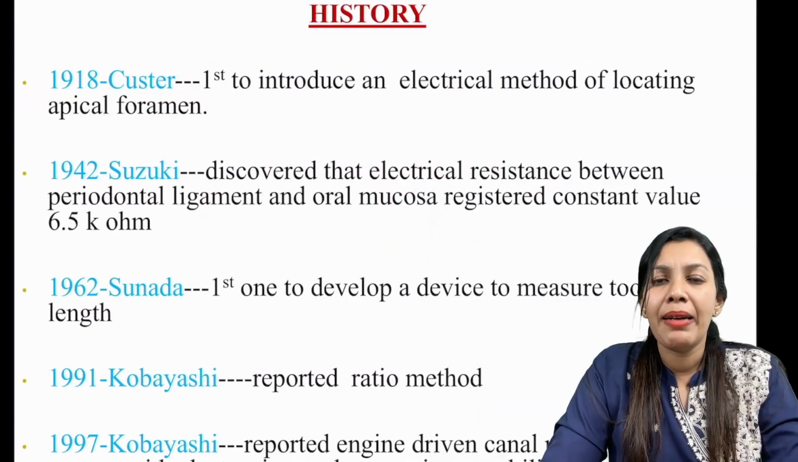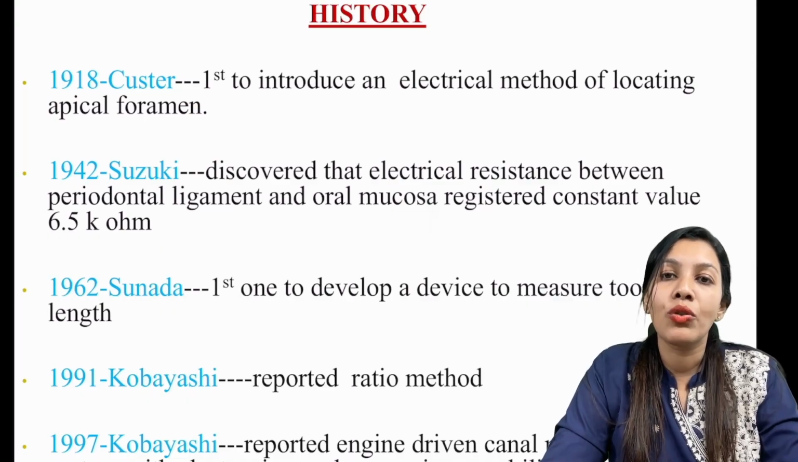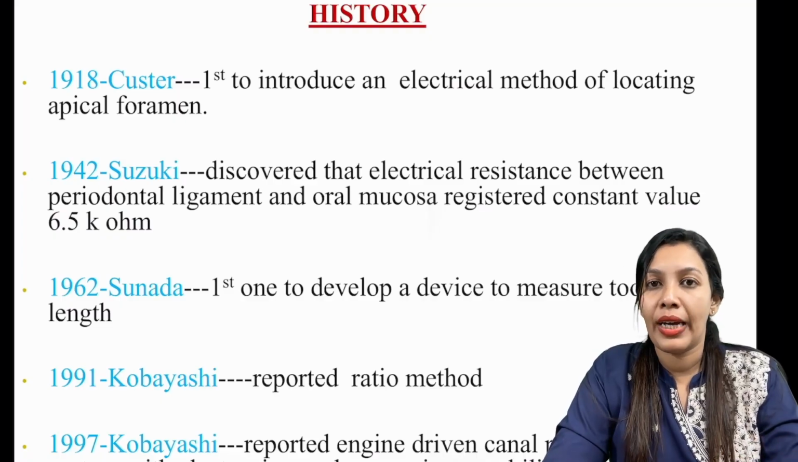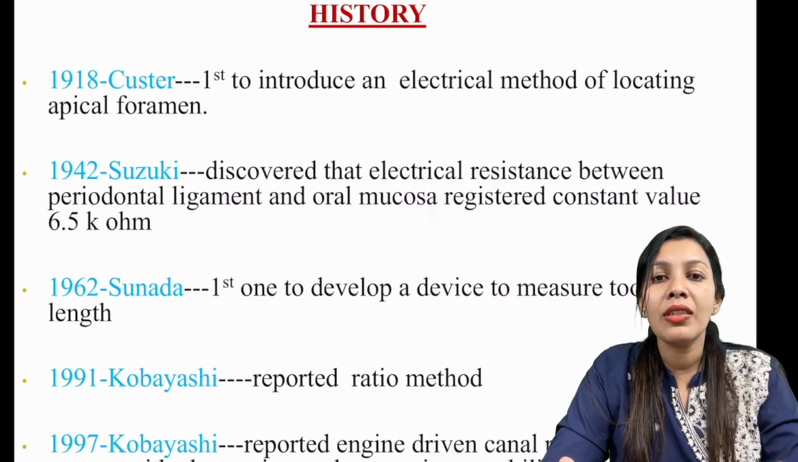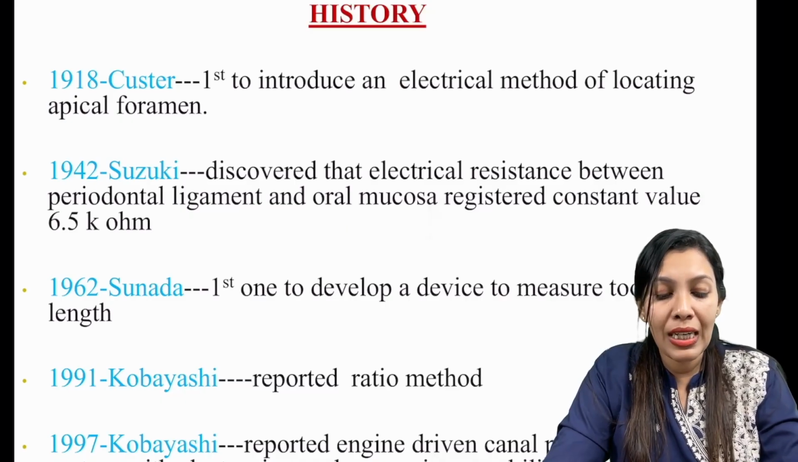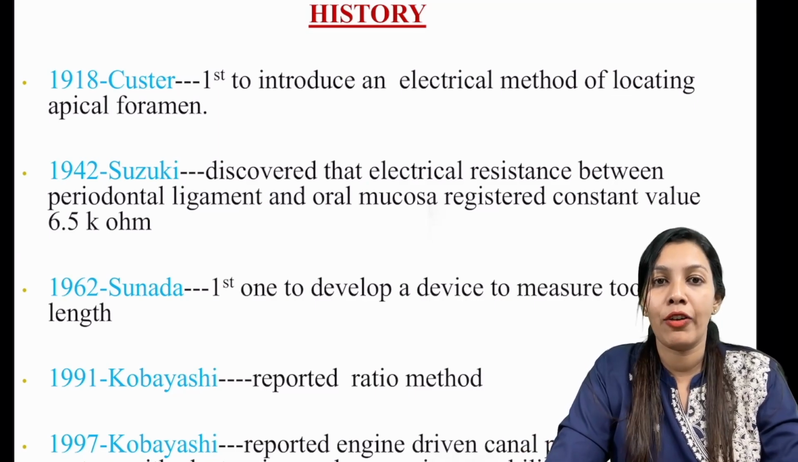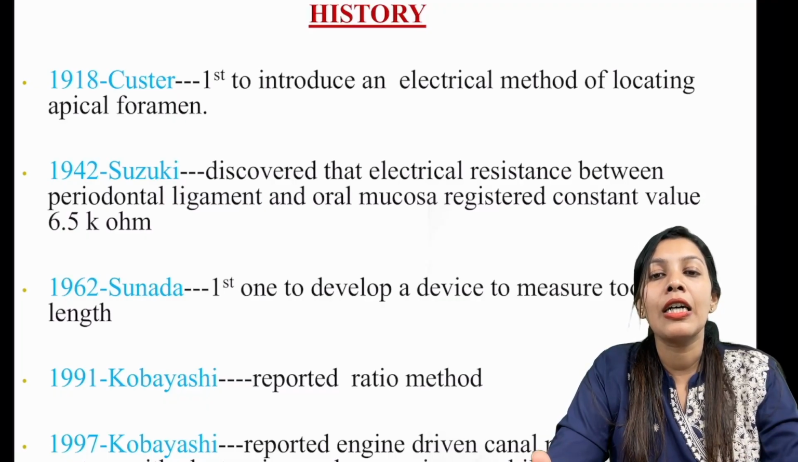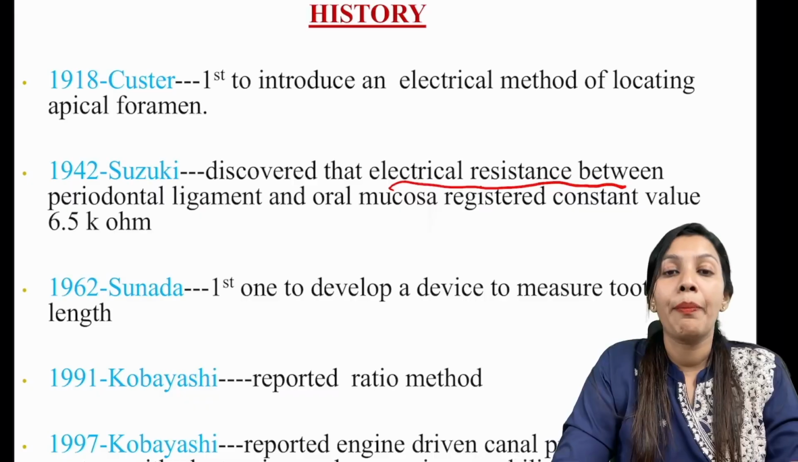So history is very important when we study the electronic apex locator. Mainly two important names, Suzuki and Sunada. There are various generations of apex locator based on the mechanism or the methodology by which it was developed. Custer was the first person who introduced an electronic method to locate the apical foramen. Next, Suzuki was the person who discovered the electrical resistance between the periodontal ligament